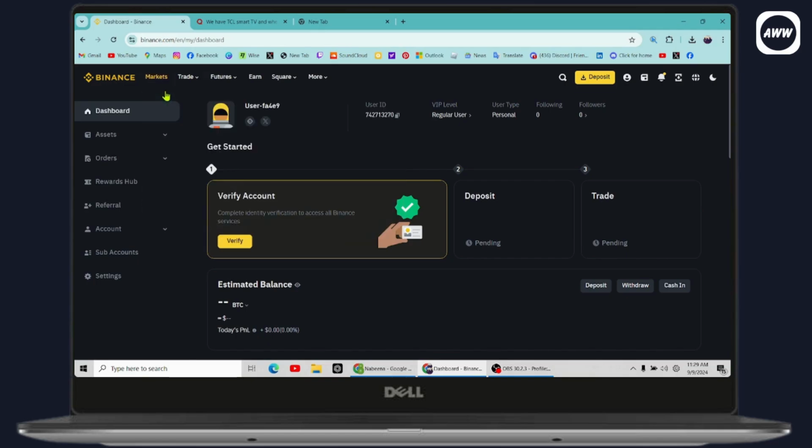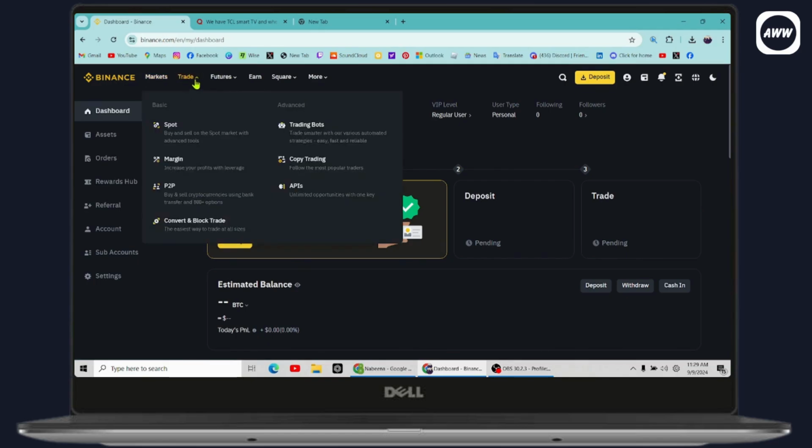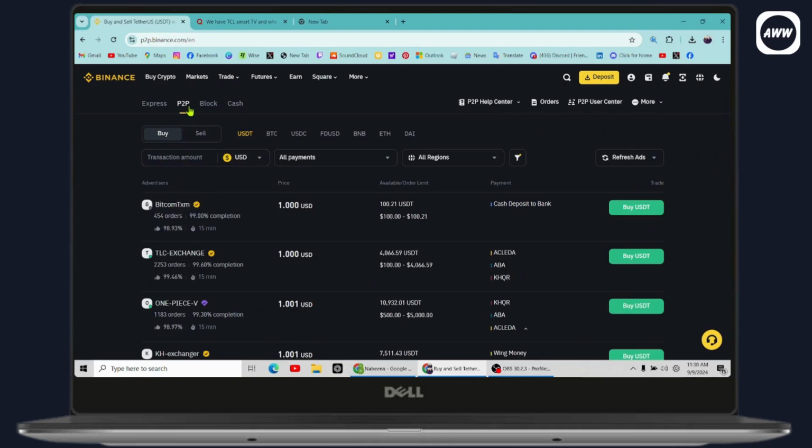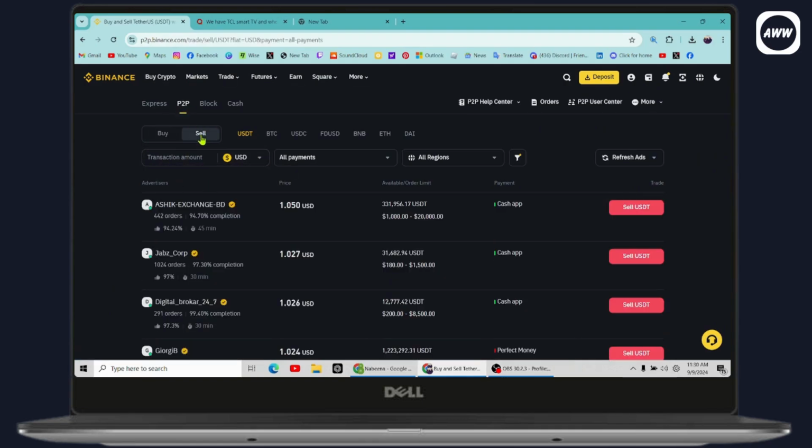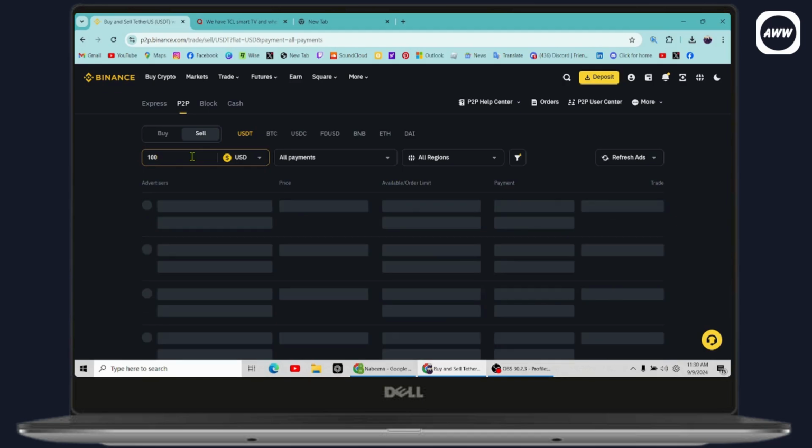Once you've logged in, you just need to simply go with the trade option, which is here on the upper left, and go with the P2P option. And once you're here, under the P2P section, you just need to simply go with the sell. And once you're here on the sell, now you need to choose all of these options. So here you need to enter the transaction amount, which is, for example, I'll be choosing 100,